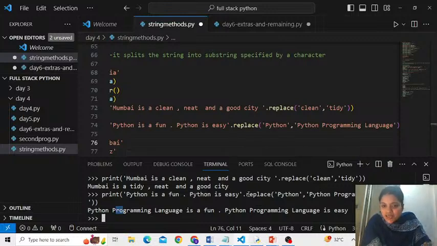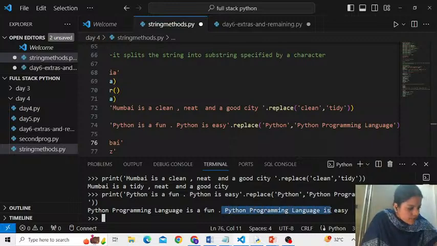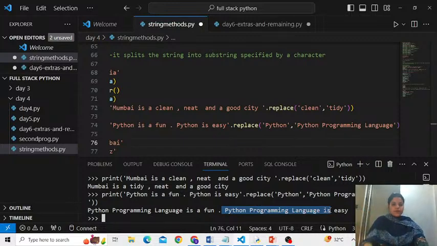Shiraz, I hope your question is answered here, by the way. So if Python appears two times, Python is fun and Python is easy, yes, of course, every time Python occurs, it will be replaced by Python programming language, and Python programming language. Alright, fine. If your question is answered, please acknowledge to us in the chat section. And if it is still not answered, even then you say no. Okay? Take care. Point is done here.